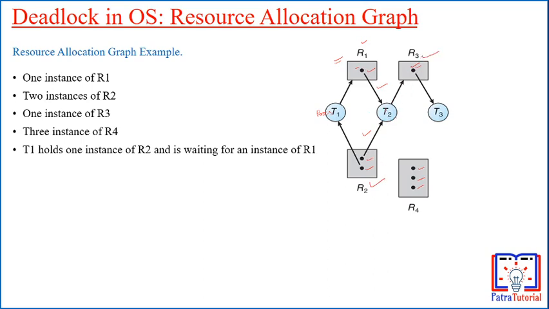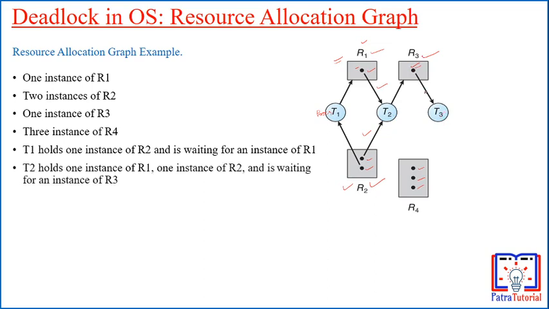Okay, so T2 is one process which is holding two resources, one of type R1 and one of type R2, and it is requesting R3. And T3 is another process which is holding one instance of resource R3. Okay, so these arrow marks are very important. See, this is one assignment edge, right? And this is coming from this instance, not from this circle or this rectangle. So the assignment must be from an instance, and the request edge will go up to this rectangle, not inside